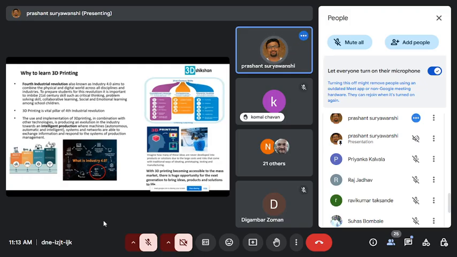From the academic perspective, there is robotics, augmented reality, additive manufacturing, AI, and cloud. These are the important technologies that students definitely need to gain more and more knowledge of.